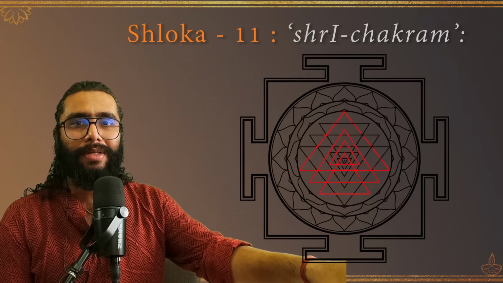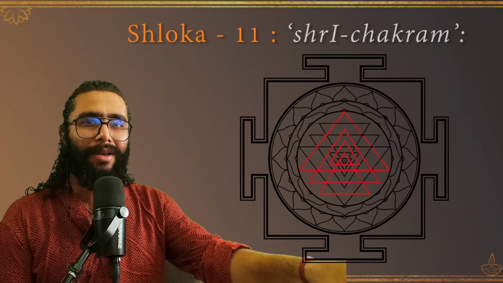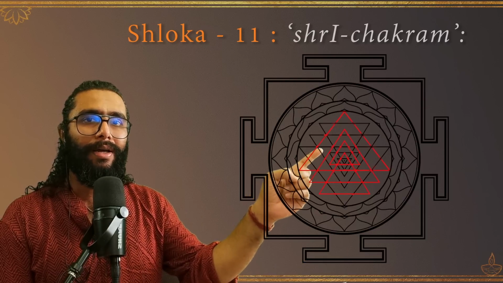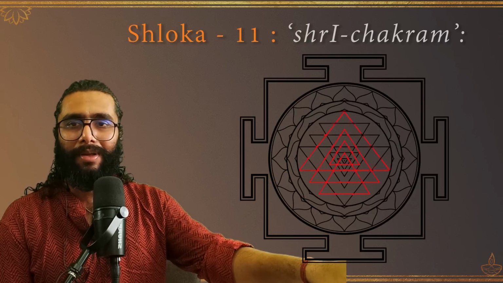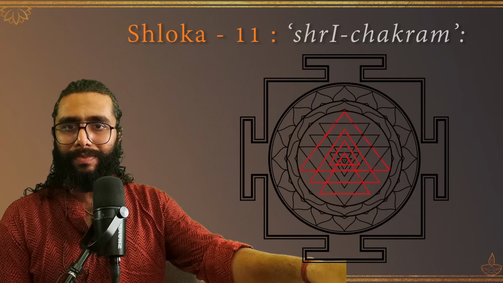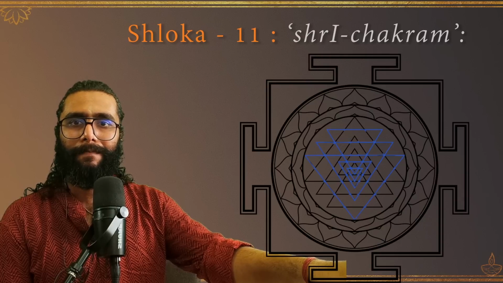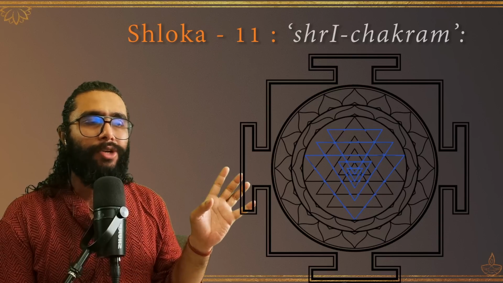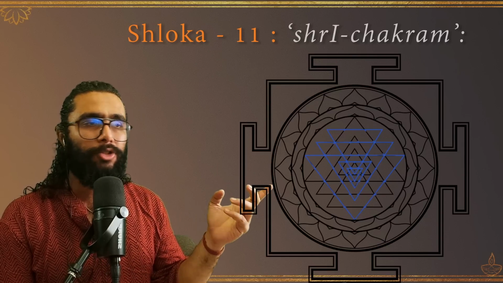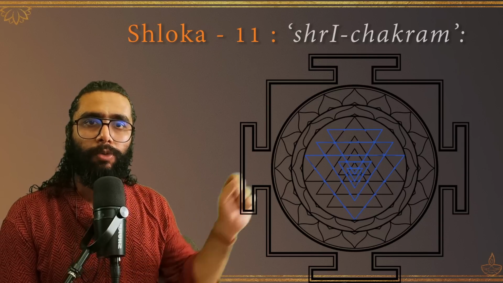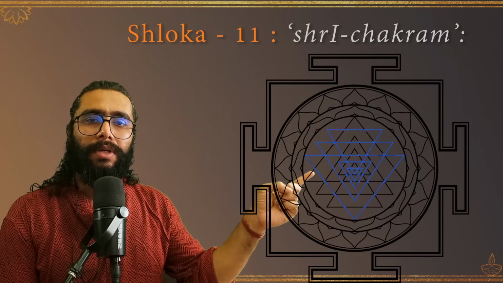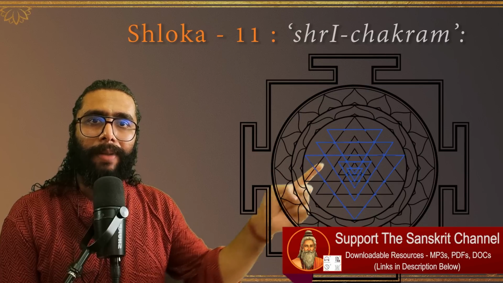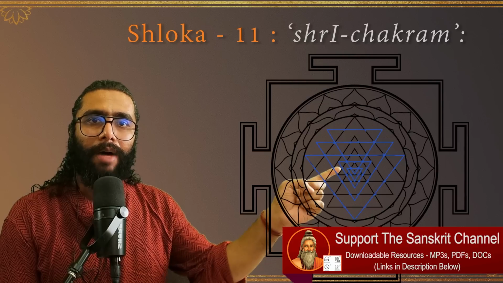Do you see the 5 aspects of Shakti in the same diagram? I have colored them separately, but do you see all the downward pointing triangles? Let me pull up that image. These are the 5. You might want to full screen your devices. If you're on desktop or laptop, it's fine, but if you're on mobile, you can zoom it in. You see 1, 2, 3, 4, 5, and then in black there are, of course, the 4 upward pointing triangles.